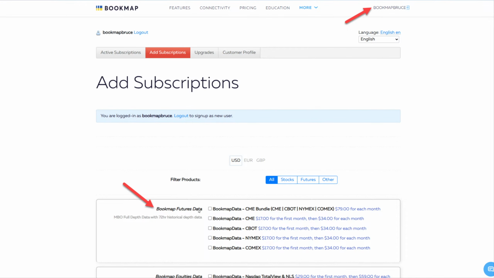Now, these are going to be your data subscriptions. So I'm going to show you guys how to set it up with futures as well as individual stocks. The first one being futures, as we can see right here, Bookmap Futures Data. There's multiple different options. If you trade the S&P, NASDAQ futures, or the Russell, that's all going to be under